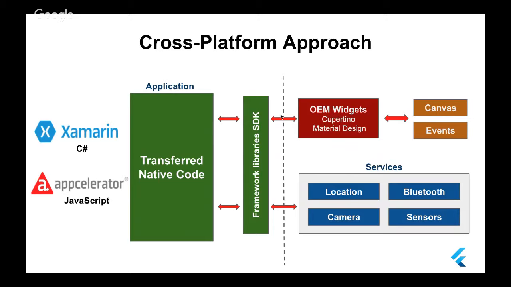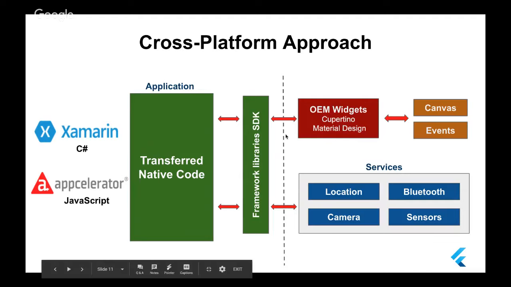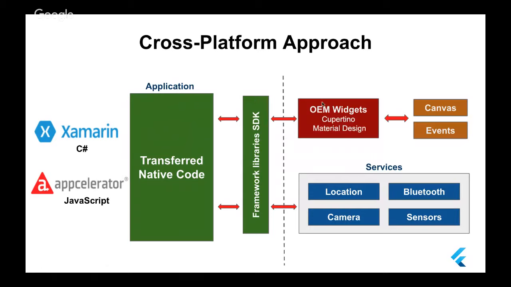So what are the benefits of using this cross-platform approach, using these two methods? The first one, you are building a native application. Why are we saying native application? Because you are using the native user interface system of the operating system, and your code is compiled to the native language that the operating system uses. And the same benefits from the other approach, the hybrid approach, like write once and build anywhere, and maintain one code base, and it will be one team. So the question now, what's the problem of using this approach?